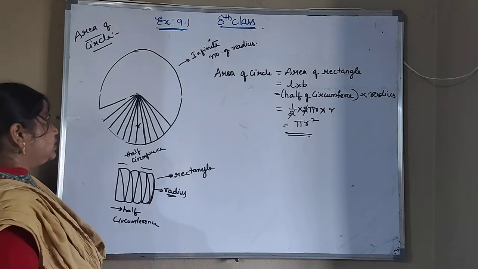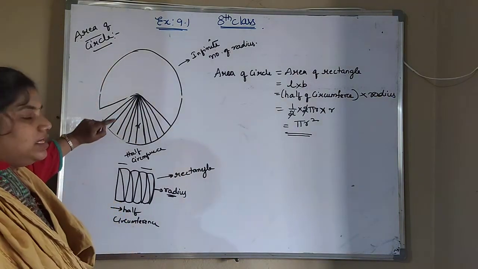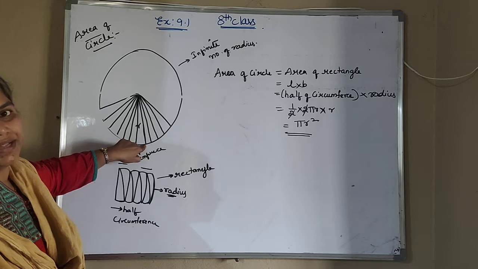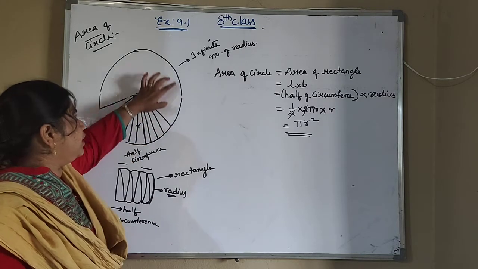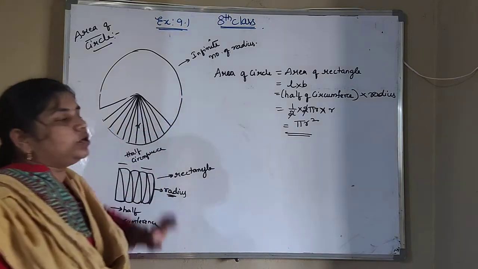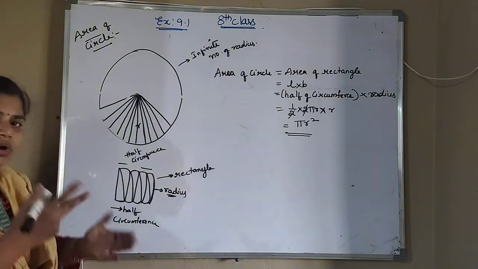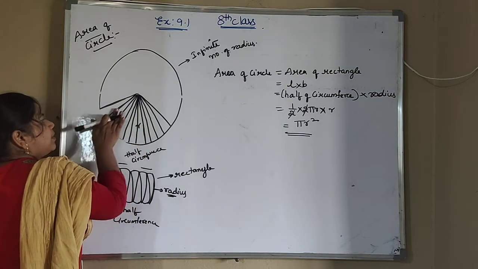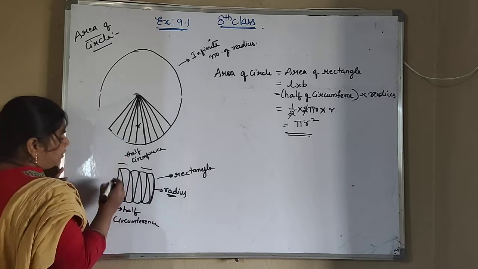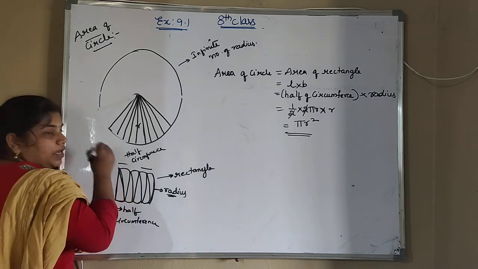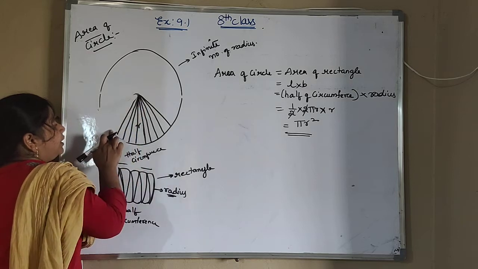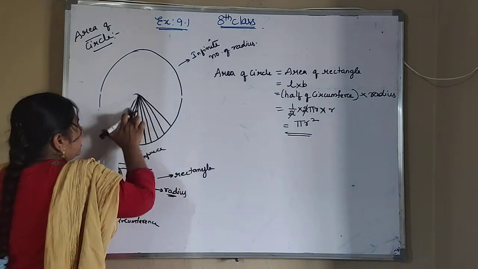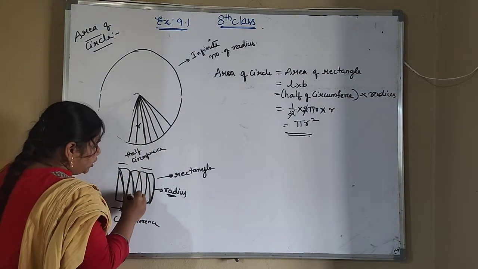Okay, so once again, I am taking one circle. If a circle is there, we will have one center point. From the center point to any part of the circle, we call it the radius. Like this, how many radii can you draw? You can draw an infinite number of radii. So if you cut each and every radius, like this, I am cutting this radius and attaching it here. In the same way, I am taking another radius and attaching it in the reverse part. And again I am taking one more radius and arranging it in the reverse part.